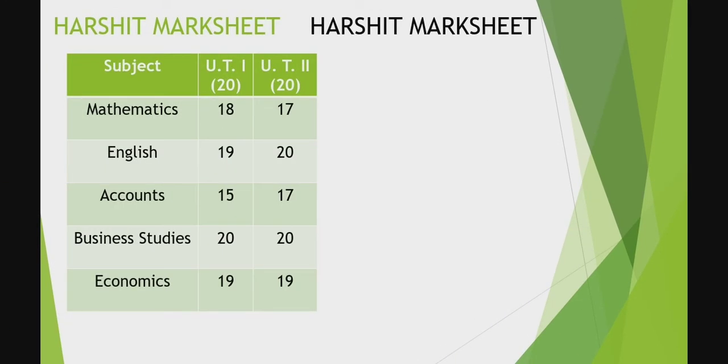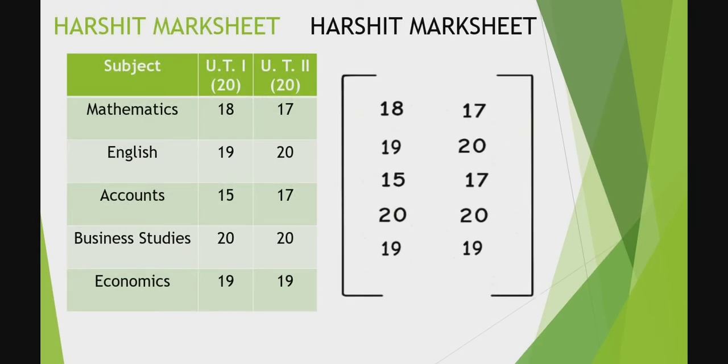And for that I'm gonna use this result of Harshit, who knows how to collect data and present it. So this is how he created his data for presentation, but in the form of a matrix it will be like this. Well, we can quickly find out the similarities. Actually both are the same thing but with different representation. So the right one is the matrix, on which we are going to focus today. Yeah, that one which is in a rectangular array.